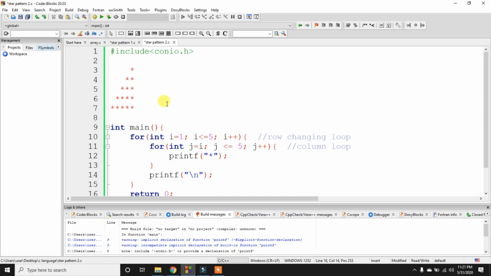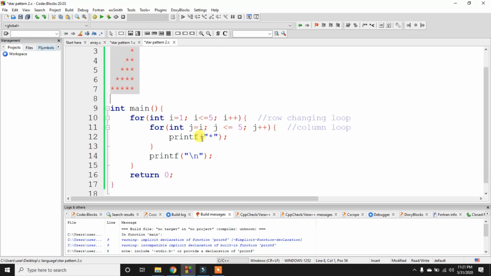In this video, we are going to create this star pattern with the help of C language.